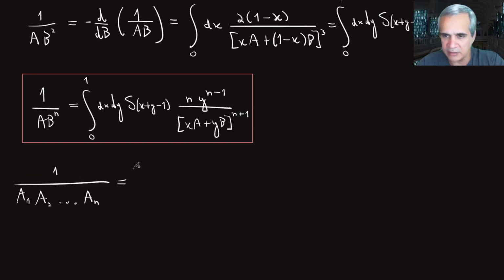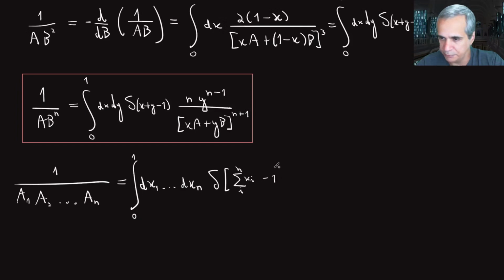In this case, the most general expression in terms of also n Feynman parameters, which here I'll call x1, x2, x3, and so on and so forth, all the way to xn, will be something like delta of the sum of all the parameters, sum of xi minus 1. So they all add up to 1, right? And the integrand looks like (n minus 1) factorial